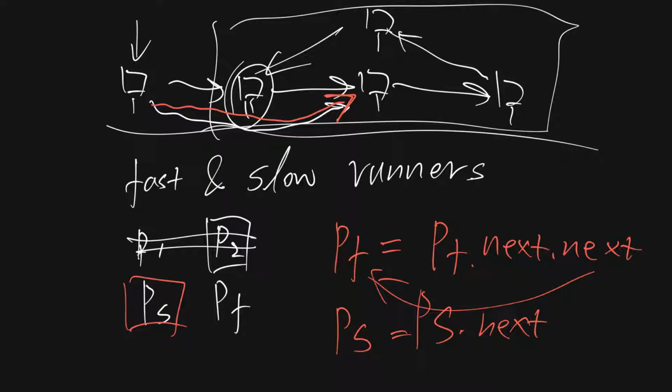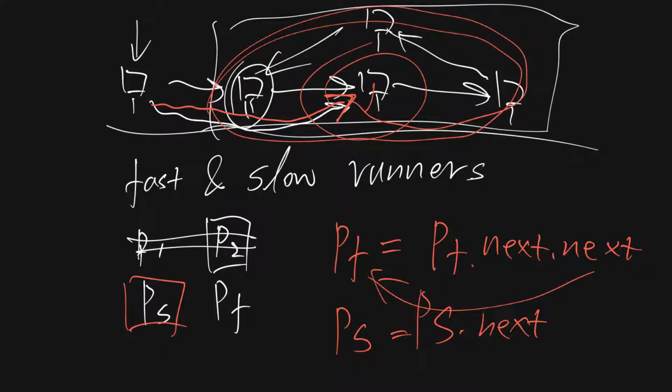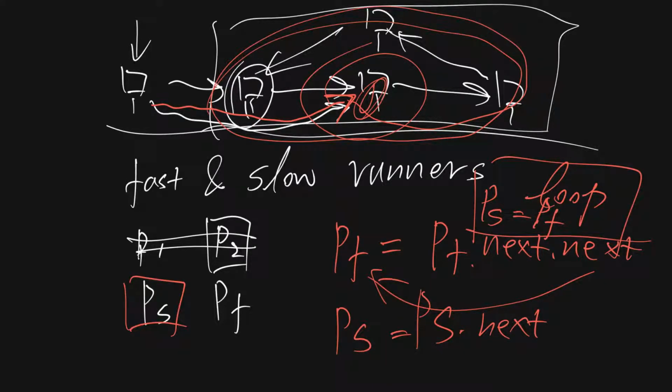And with a faster and slower runner, if there is a loop, eventually they will meet at some point. And if they ever meet each other, you can be sure that there is a loop inside. And that is, ladies and gentlemen, fast and slow runner. You can implement this in a lot of places. For example,